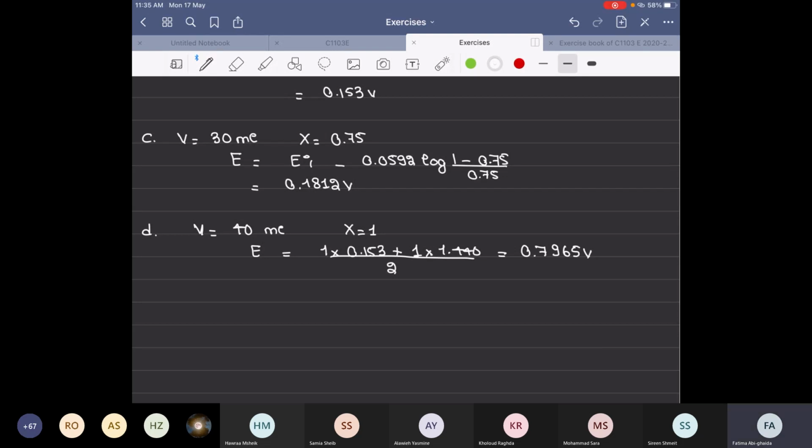حنوقف هون اليوم والأربعاء بنكفي الإكسرسايز الثاني. يلا اللي عنده سؤال يرفع